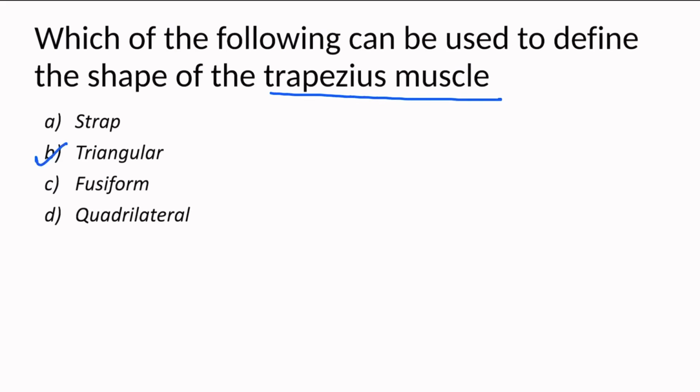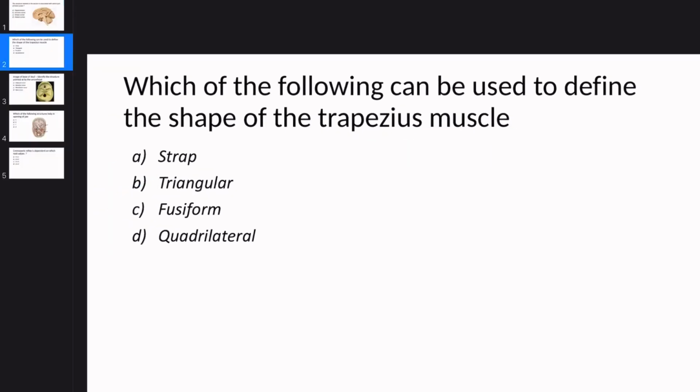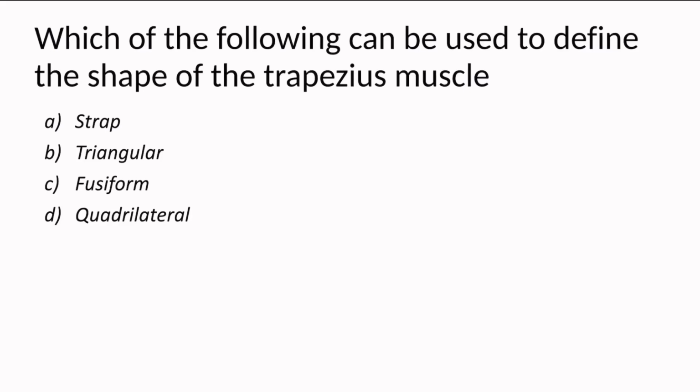Okay, so triangular muscles or fan-shaped muscle is also seen in pectoralis major.